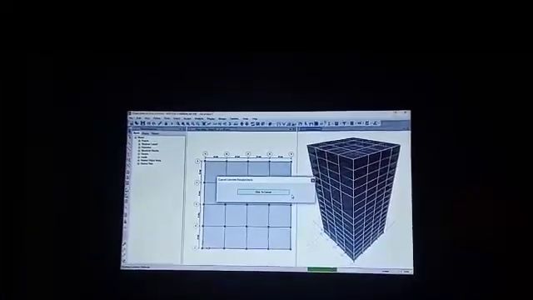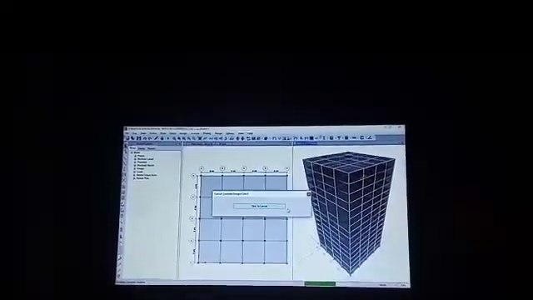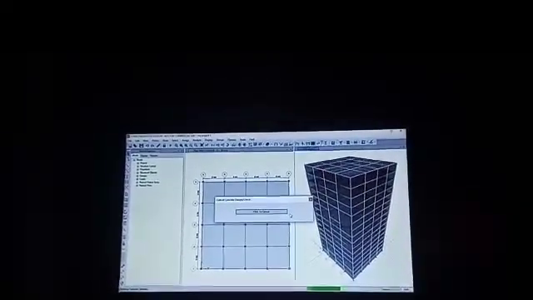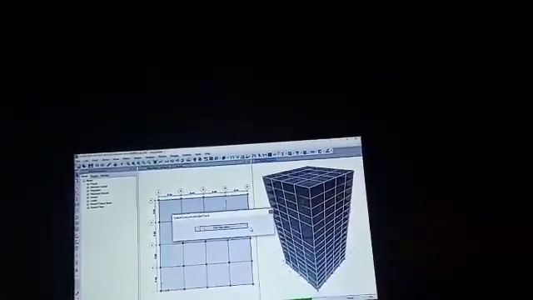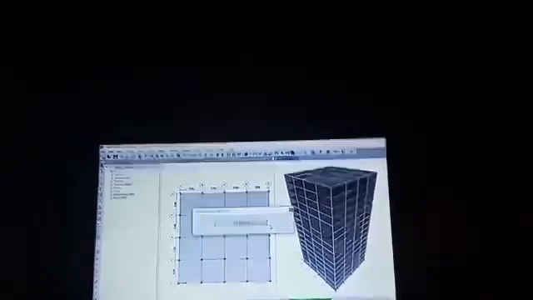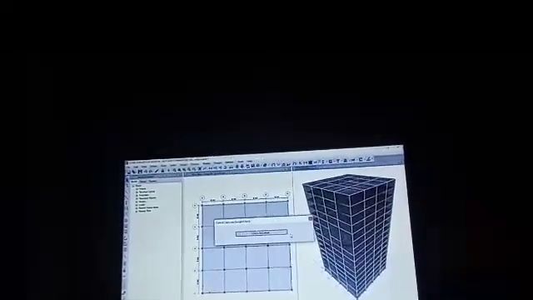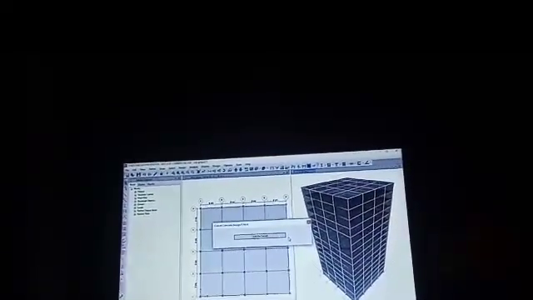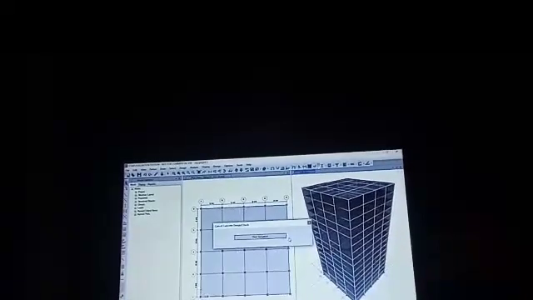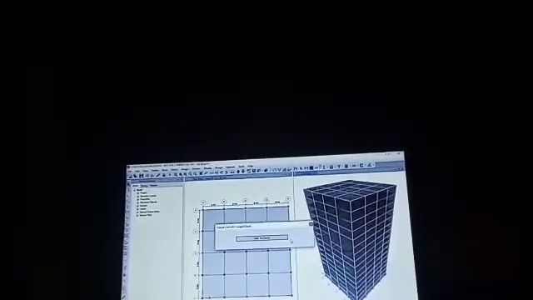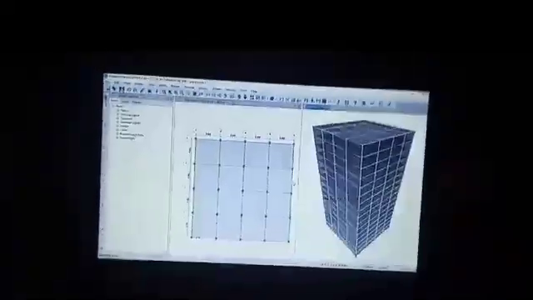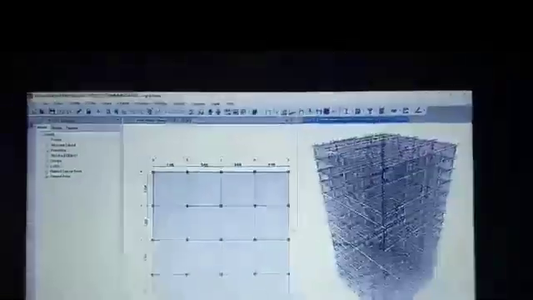Now the design check has been completed.